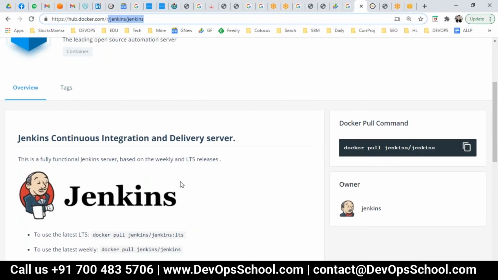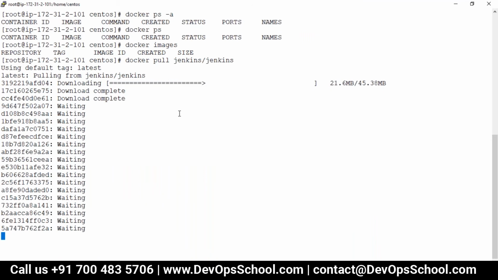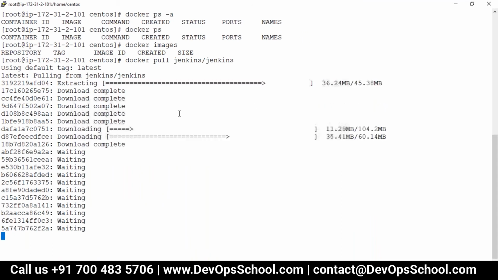So how can I pull the image? You have a command on the right side, docker pull followed by the image repository, docker pull jenkins. I'm pulling this now. See here, downloading and extracting.